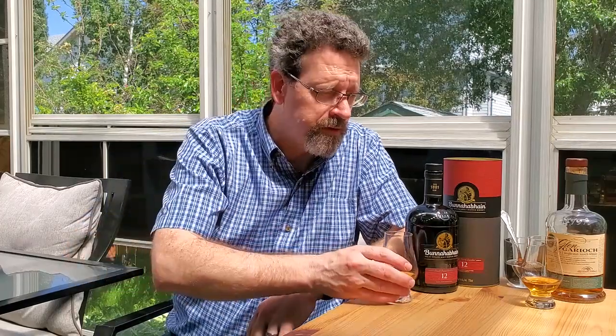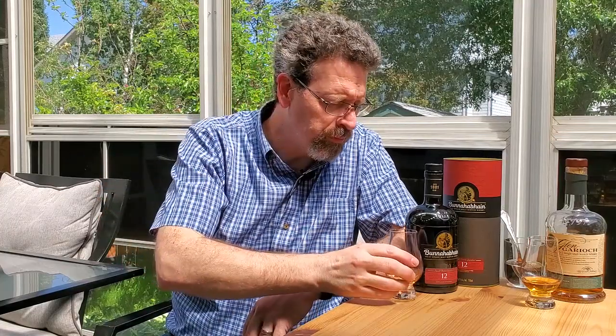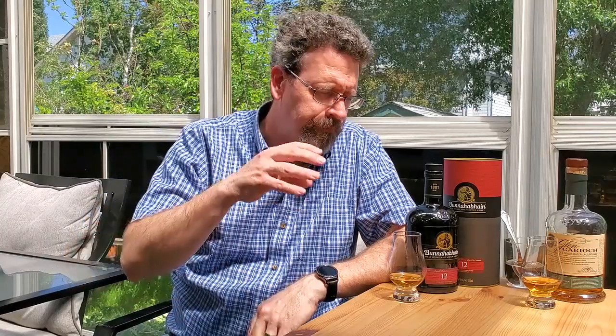Yeah, a little more spicing up front, like my tongue kind of came alive. Caramels and vanillas. Wow, in this comparison, the dark quality of the fruits, the nuttiness, is significantly stronger than the Bunnahabhain. I thought I was getting some of that character with the Glengarry before, and I certainly enjoy it. It's an easy sip here, but